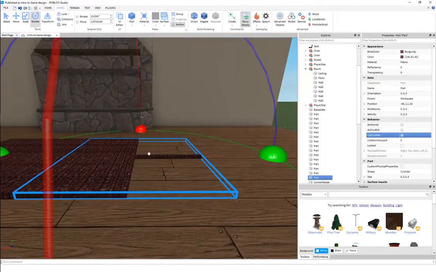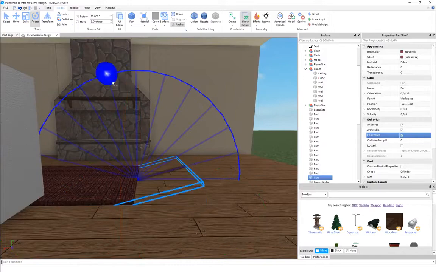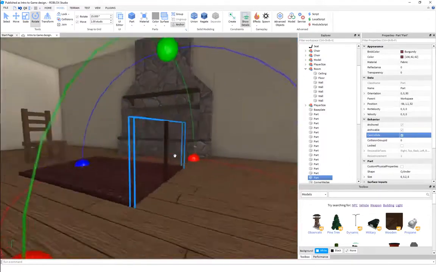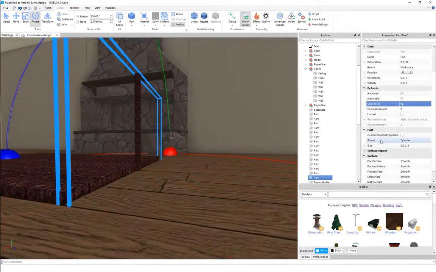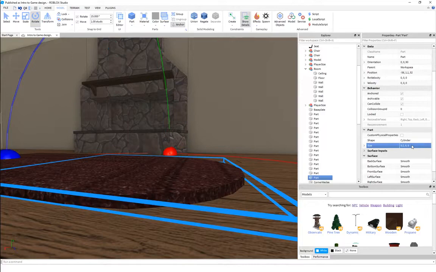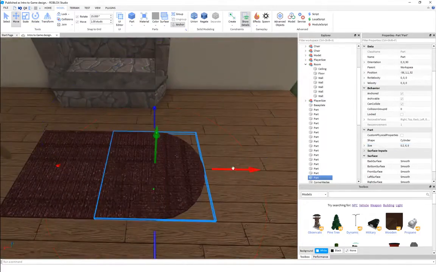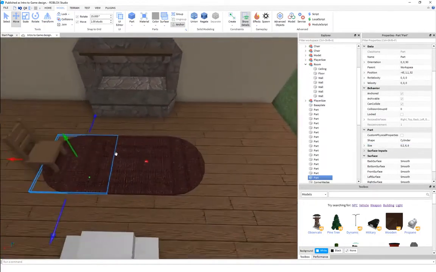I'm going to rotate 90 degrees, and I'm going to change the size here. There we go. We'll put one on the other side,